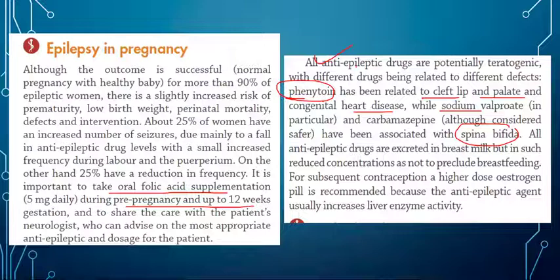But if a patient becomes pregnant while she was taking valproate, and now, let's say, is 10 weeks pregnant, coming to you for the first antenatal visit, and she was taking sodium valproate until this time. Now, at that time, you don't need to stop the valproate because